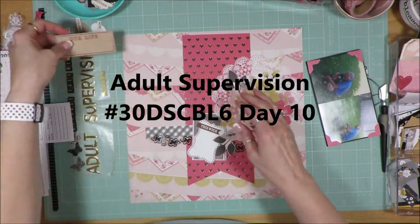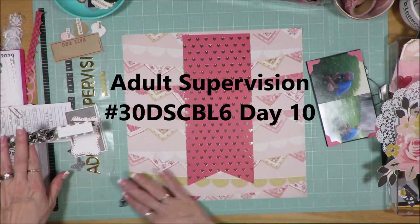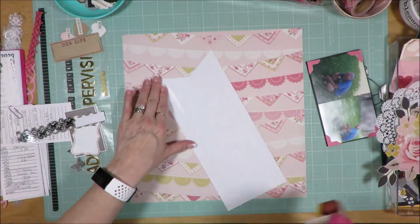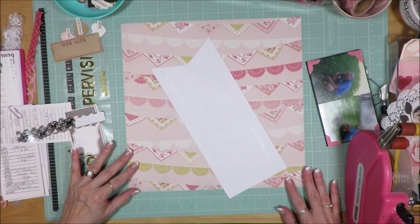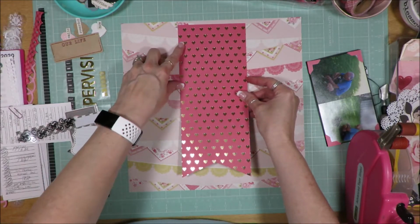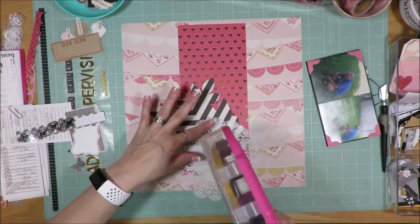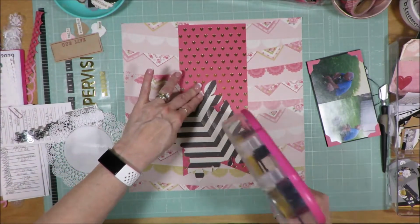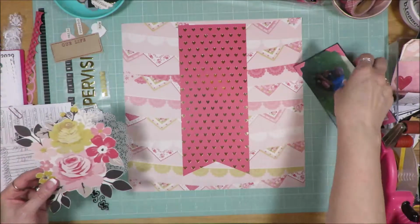This is Julia. I'm here to share a layout that I created with my October 2019 Counterfeit Kit Challenge Kit, and I'm using that for the Christie's Beautiful Life 30 Days of Sketches Round 6. She does have a Facebook group, and you can find her on her YouTube channel where she'll tell you more about it. This is actually layout number 10 for day 10, and I am creating a layout of my husband